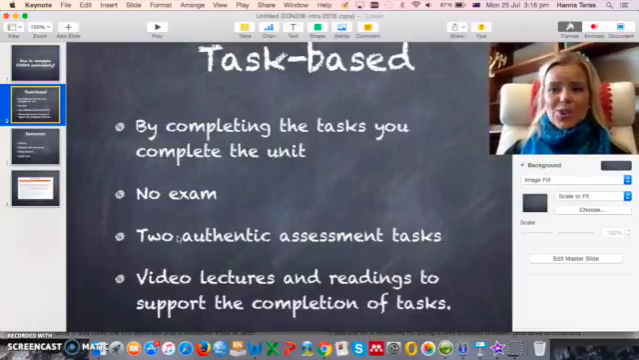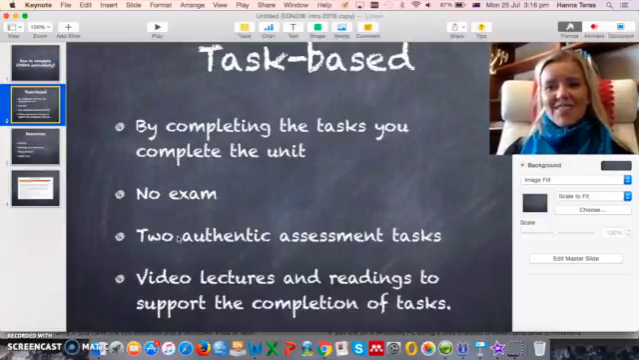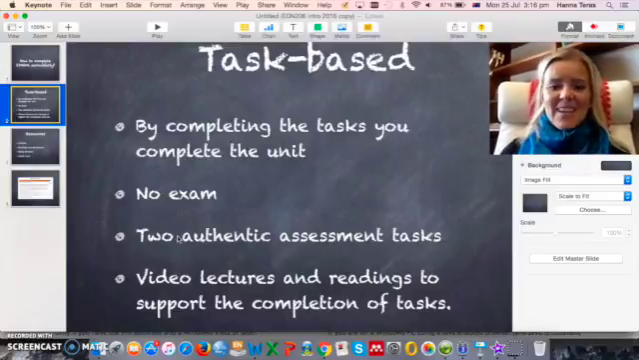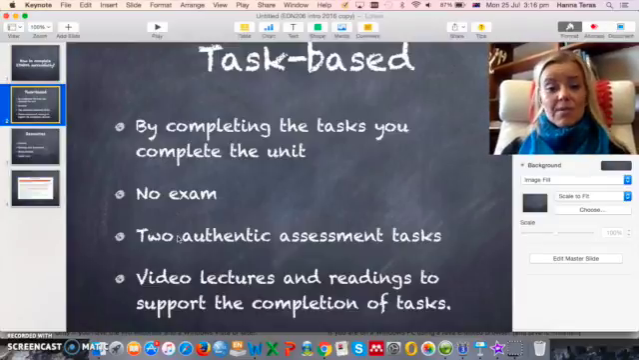So I'm not watching if you've read them or not, but I can promise you that reading them will help you perform better in your tasks. The same applies for the lectures. And these lectures,